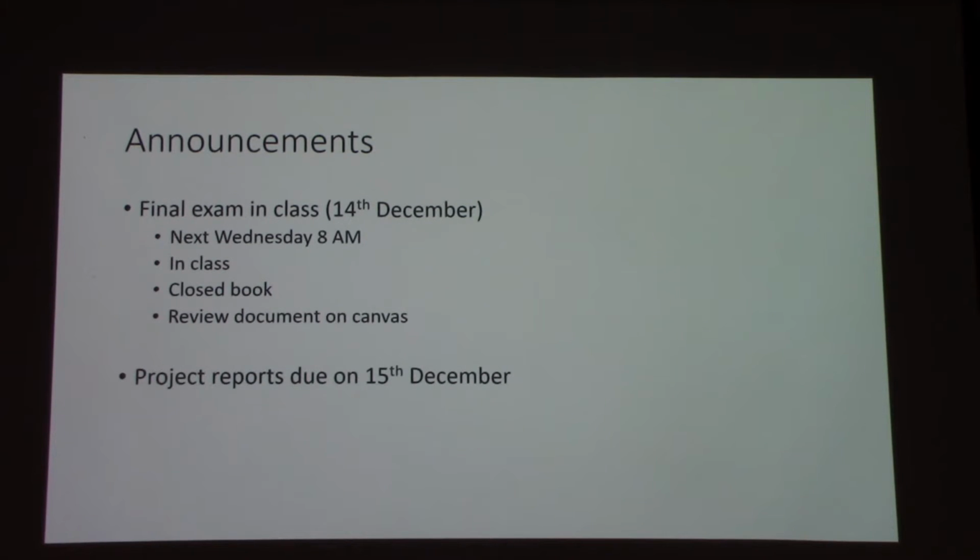But they just won't be in class. The exam is in class, closed book, and you know the syllabus, it covers everything from after the midterm. I posted a review document on Canvas. This is mostly a collection of items that I expect you to be aware of. This can kind of help you